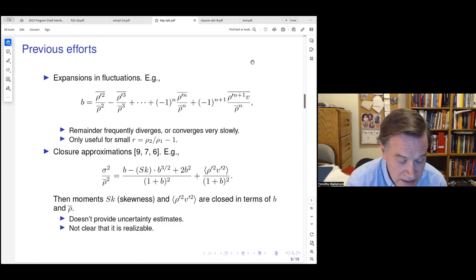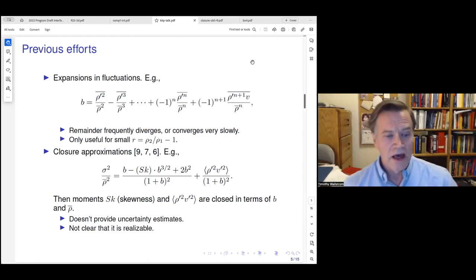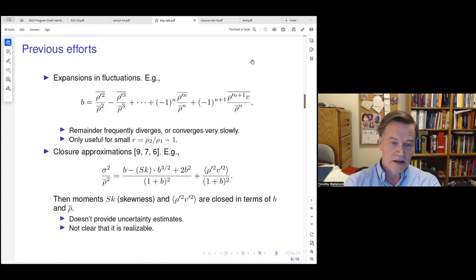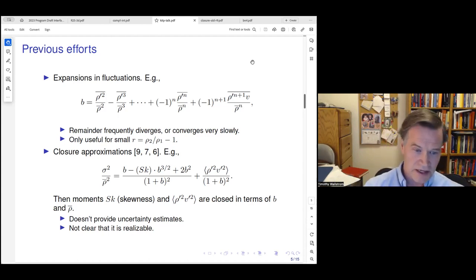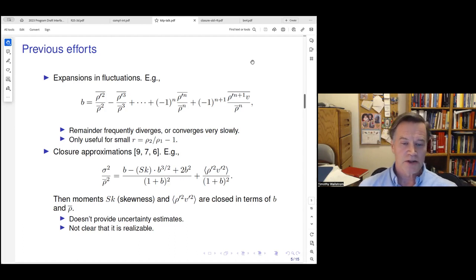So this has a couple of weaknesses. One is that it doesn't provide uncertainty estimates. It allows you to get an estimate of the reaction rate if you want, but you don't know how much uncertainty there is. And it's not really clear that it's realizable, in the sense that is there any distribution that could lead to this